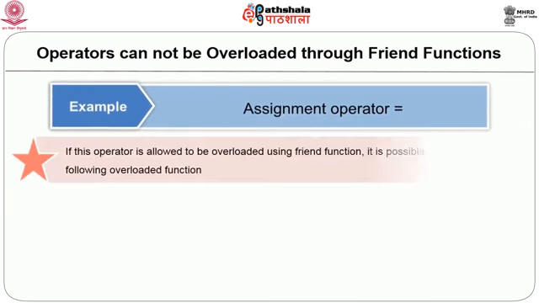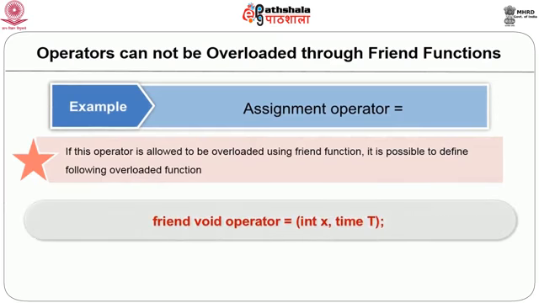If we allow the assignment operator to be overloaded using a friend function, it is possible for us to have the first argument as a class object. For example, let us take a time class. It is possible for us to overload the assignment operator for our time class like a friend. The return type is void because in case of assignment the value doesn't need to be returned. You already know that the assignment operator is a binary operator and it has two operands, one on the left hand side and one on the right hand side. The right hand side expression's value is copied into the left hand side variable.